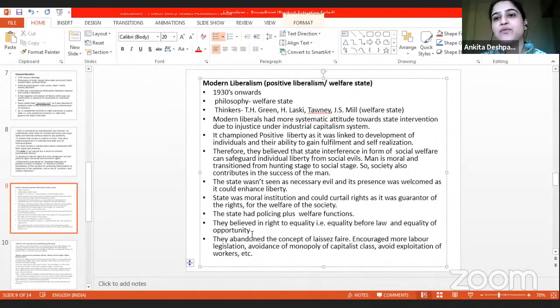India is a concept of welfare state. You see the budget, you have tax slabs, etc. So you tax the rich and give it to the poor. All right. So this is the concept of welfare state. So first is classical liberalism, then modern liberalism, positive liberalism, which is nothing but your welfare state concept. The theory of the liberal state or the welfare state, the same thing has to be written in your theory of state